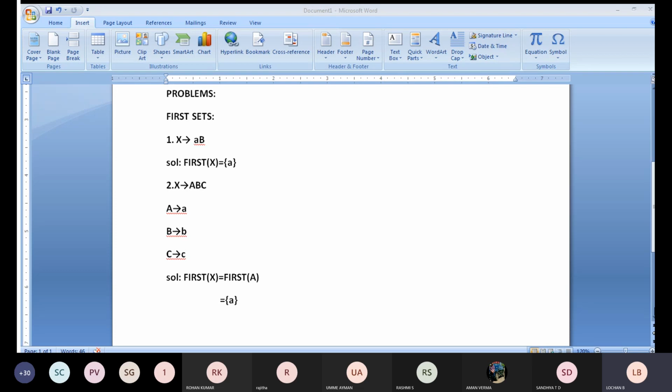Okay, shall we move to the third problem? If you have completed two problems, shall I move to the third one? See, you have to respond so that I will know. Yes, sir. Okay, we will move to the third problem then.